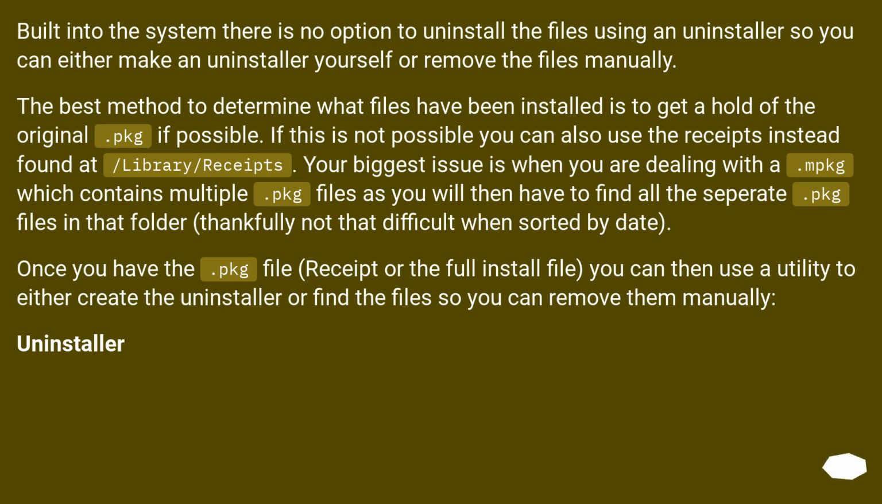Built into the system, there is no option to uninstall the files using an uninstaller, so you can either make an uninstaller yourself or remove the files manually. The best method to determine what files have been installed is to get a hold of the original .pkg, if possible. If this is not possible, you can also use the receipts instead, found at